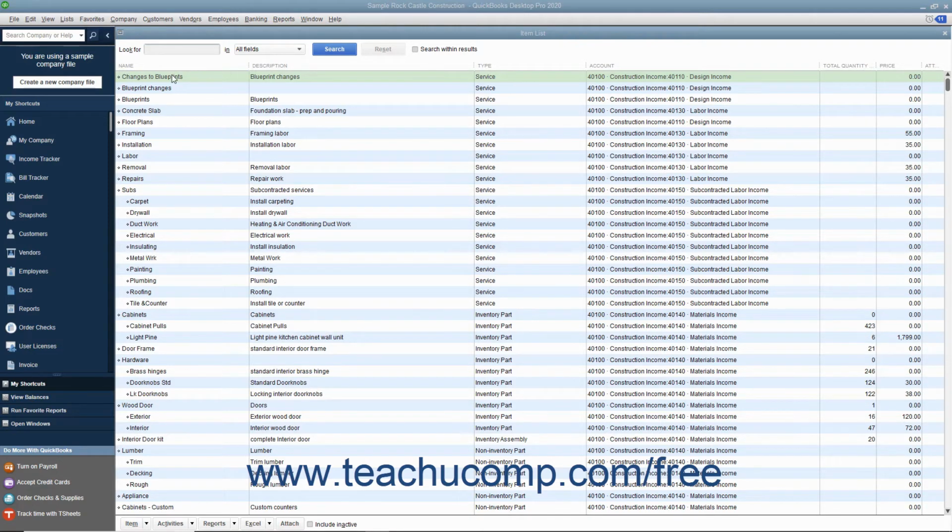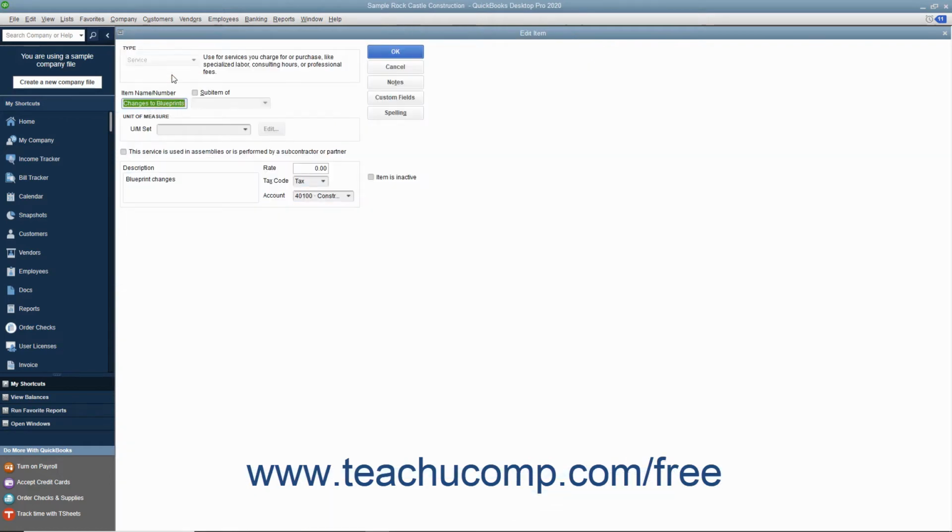Although there is no specific rename command within the QuickBooks lists, to rename a list item you simply open the Edit List Item window for the selected item from the desired list. Then type a new name for the entry into the name field at the very top of the window. The entry will then adopt the new name after you click either the OK or Save and Close buttons to